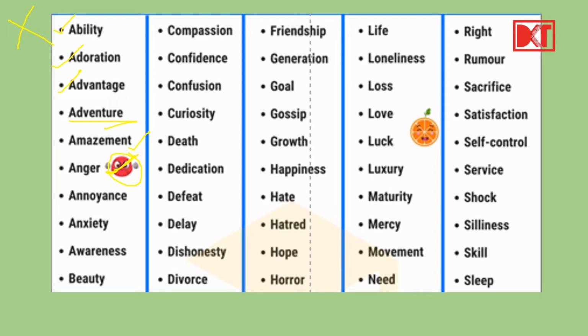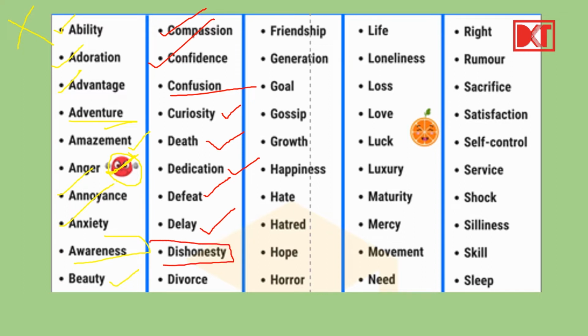But anger is something that has no physical existence. You cannot touch anger, you cannot taste anger, you cannot smell anger, right? So that's why all of these are abstract nouns. They have no physical existence. Annoyance, anxiety, awareness about something, beauty, and compassion, and confidence, confusion, curiosity, death, dedication, defeat, delay,